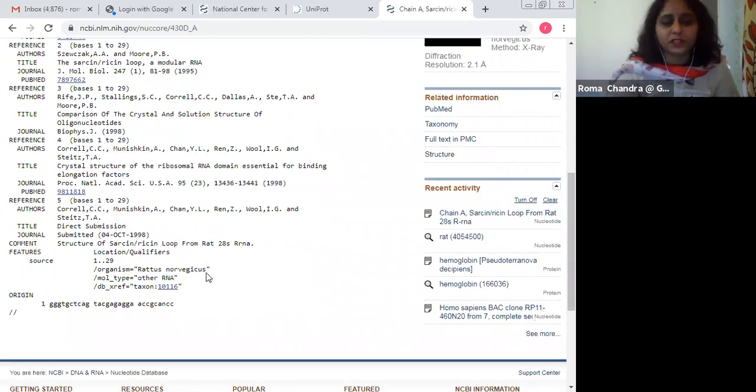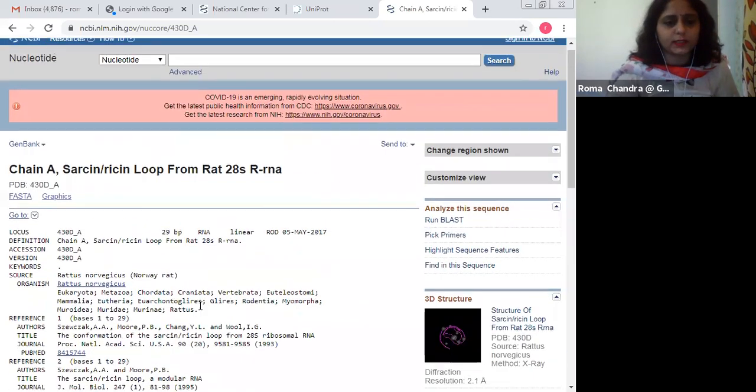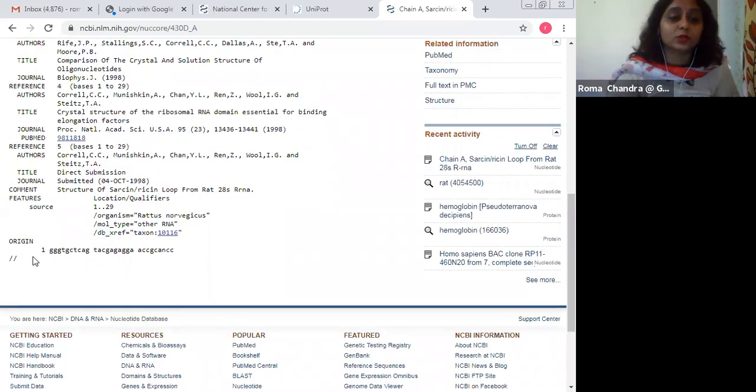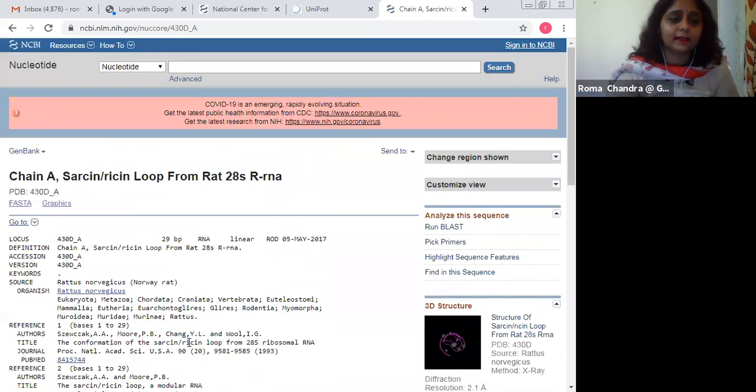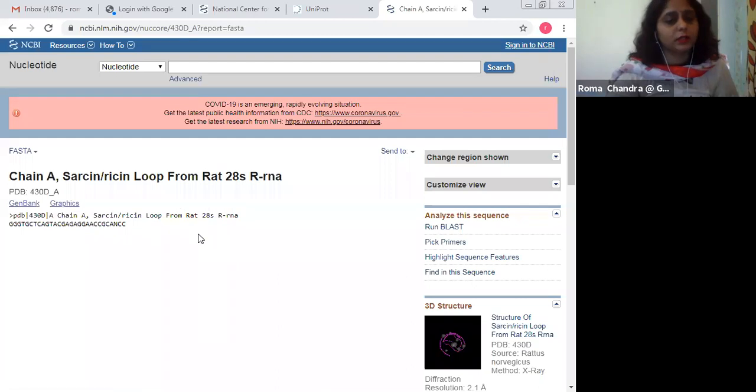So this information is here, and it is a very small sequence. It has just 29 base pairs only. If you want, you can copy it and delete the number one, because while going through the analysis process you can't keep these numbers, as you'll get an error while using various web-based tools. Obviously, the easiest manner to deal with any sequence, whether nucleotide or protein, is to just use the text file format. So this is a text file format.